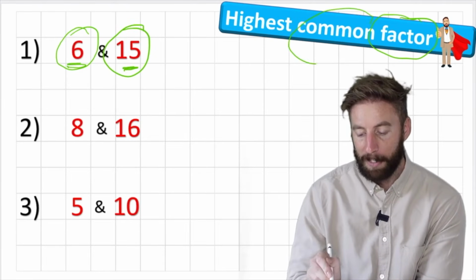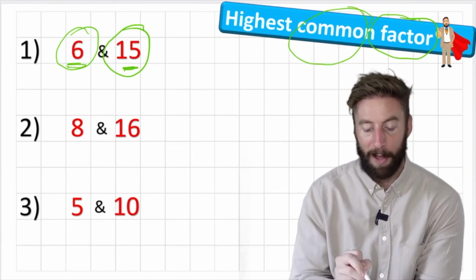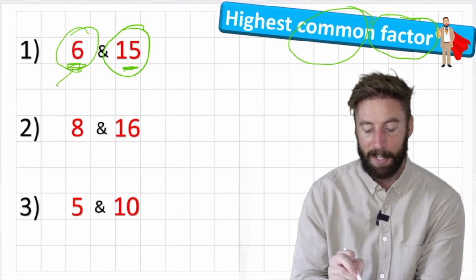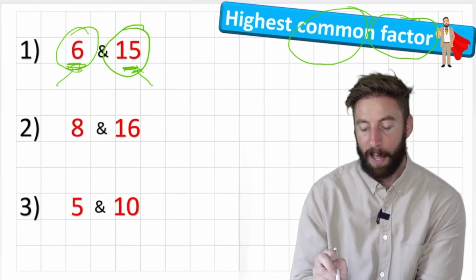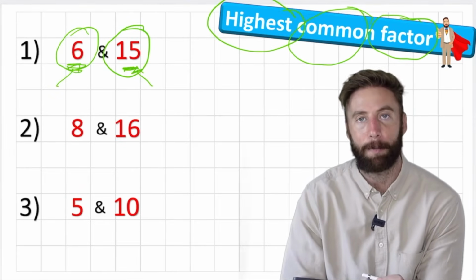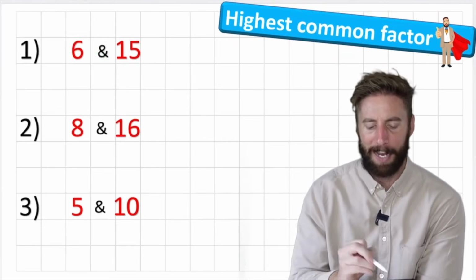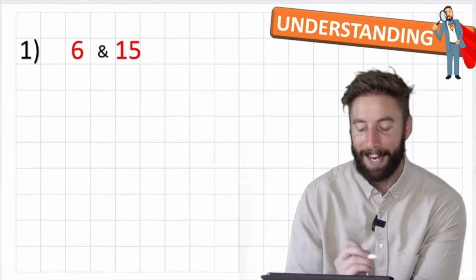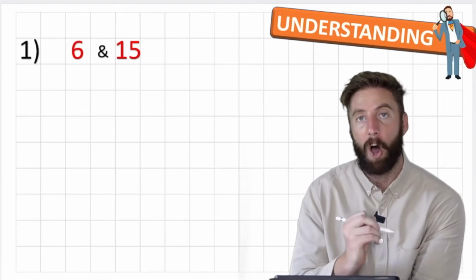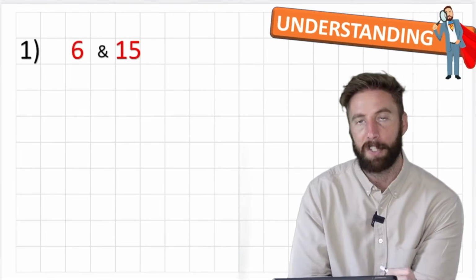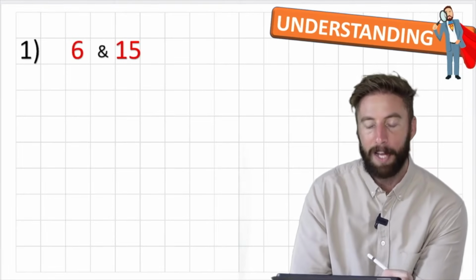Common just means the same, so we're looking for factors that are both in 6 and in 15, and the highest obviously means the highest, the biggest number, the greater value. Okay, so let's put that into practice a little bit and have a look at question 1 and these 2 numbers. So we're trying to find the highest common factor of 6 and 15. So first of all, let's look at the